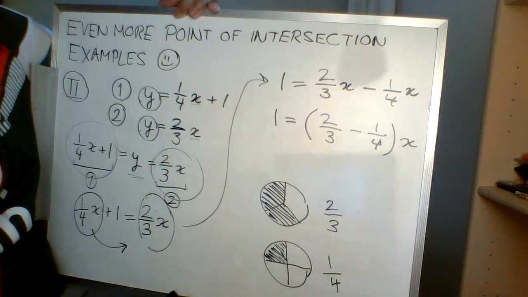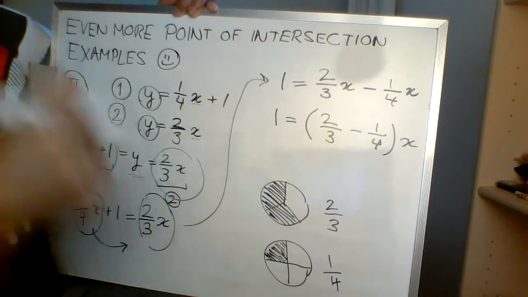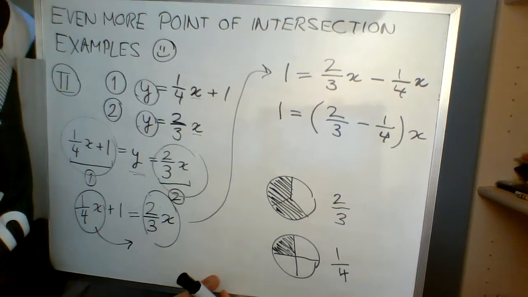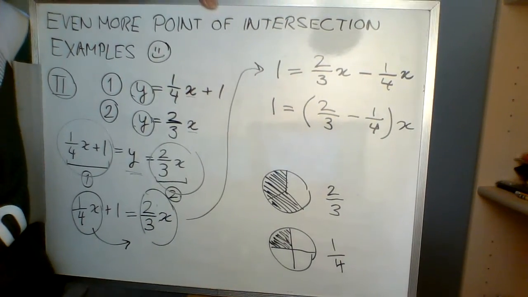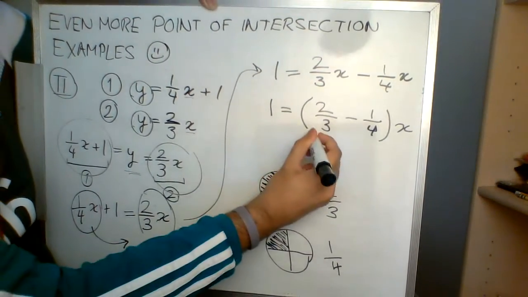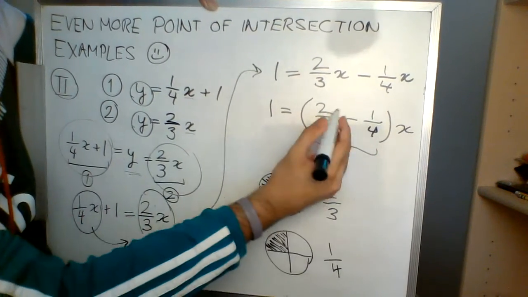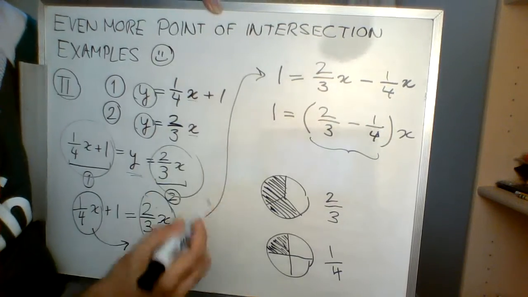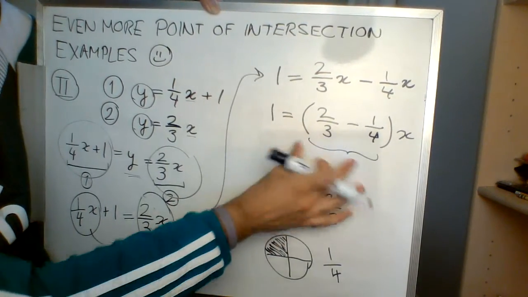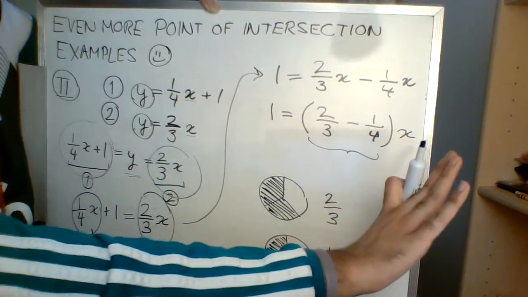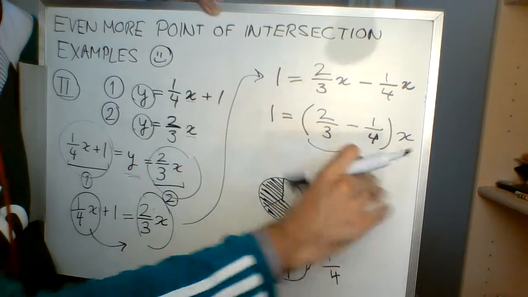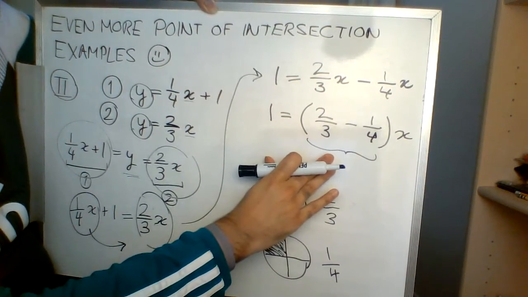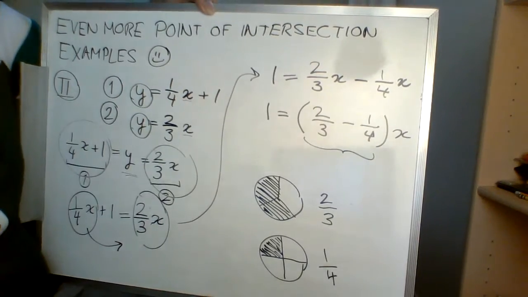Basically what I've done is, if you remember from a while back when we covered the distributive property, I've done the distributive property in reverse. If I multiply this whole thing by x, each term is going to have an x attached to it, which is what we see up here. So I'm just writing it like this so that we can push the x off to the side and forget about it for a second while we sort out what this fraction is in the middle. So if we go through that,